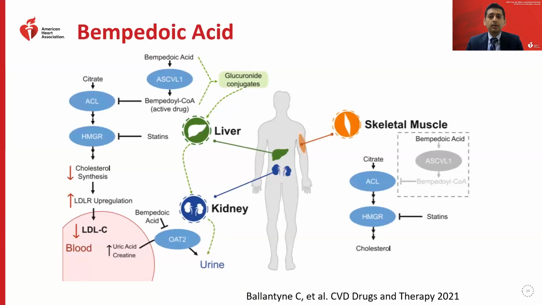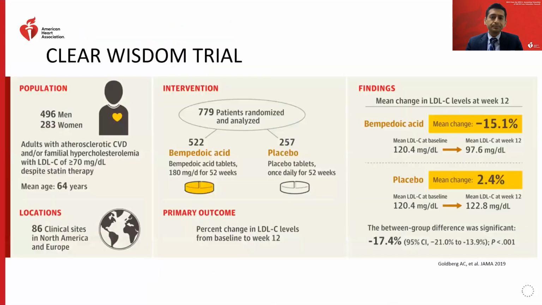So this is just a schematic on how bempedoic acid works. Bempedoic acid, as I mentioned, works upstream to the HMG-CoA reductase pathway. So don't know if you guys can see my mouse or not, but statins work here at HMGR. Bempedoic acid works up here. And the idea is that it prevents the development of various metabolites that can concentrate in skeletal muscle that may lead to intolerance symptoms. This is just data from the earlier CLEAR Wisdom trial that showed the modest reduction in the LDL-C over time. Again, smaller trial compared to some others that we have more recently in the bempedoic acid space, but did just show us that this does reduce LDL.